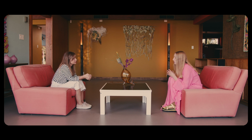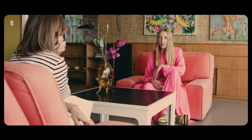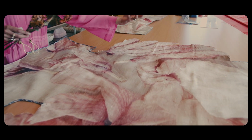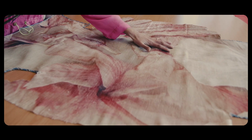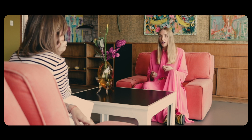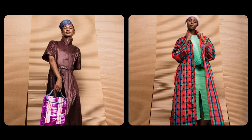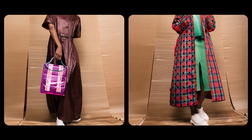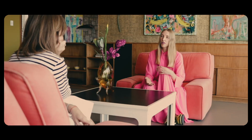People buy into a thought process, they buy into what you are saying, but what you are saying and how you are saying it, meaning how the clothes are made, it must speak the same language. The time in cutting a silk dress, people don't understand. You can't cut it in layers like in a factory. Every single garment here, we've tested the patterns over and over and over to get, in my mind, the perfect fit. Because at the end of the day, I think if something fits well and it's beautifully made with great fabric, that's all you need. You don't need to be over the top extravagant in adding things necessarily. If the fabric's good, the